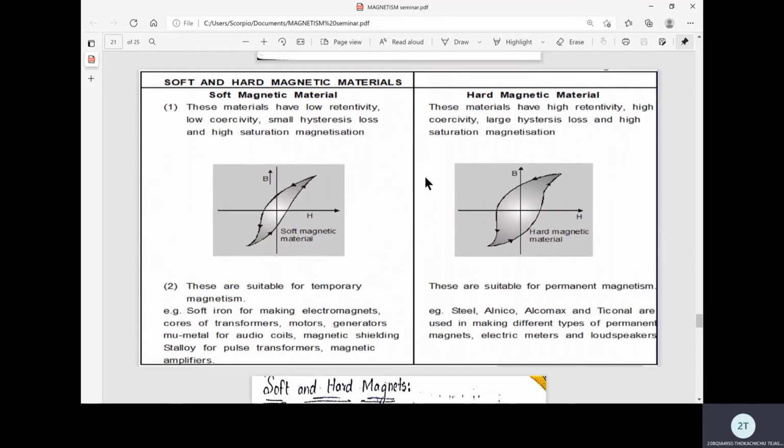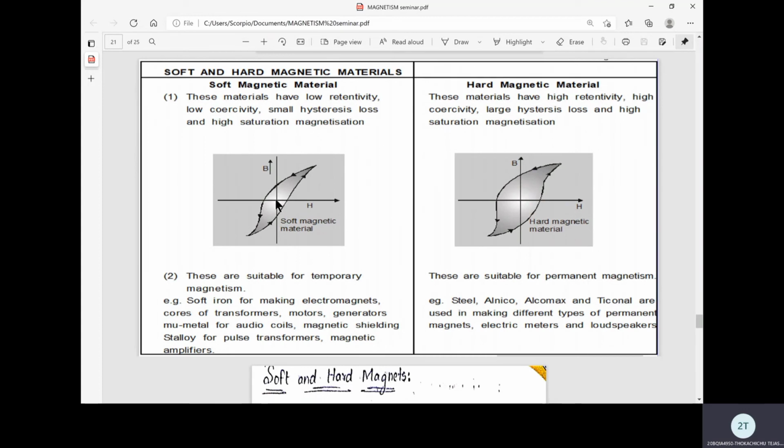Now, the next topic is the differences between soft and hard magnetic materials. Soft magnetic materials are nothing but those materials which have low retentivity, low coercivity, small hysteresis loss, and high saturation magnetization, while hard magnetic materials are nothing but the materials which have high retentivity, high coercivity, high hysteresis loss, and high saturation magnetization. That is, these soft magnetic materials are easy to be magnetized because we can see